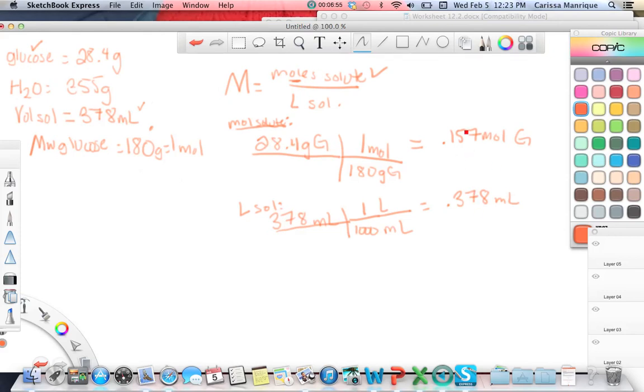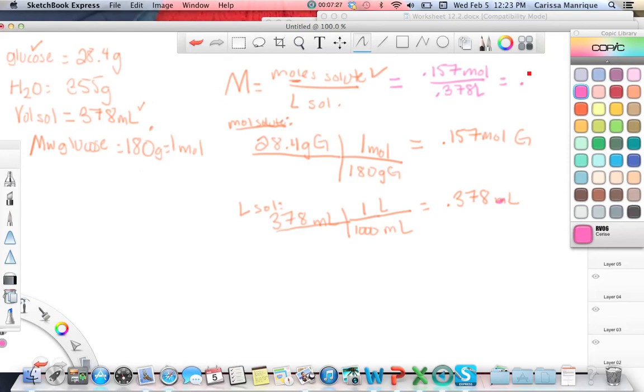Now let's divide these like it has in the formula to get molarity. We use a different color. And I'm going to actually do it up here. Okay, so moles, we have 0.157 moles. And we have 0.378 liters. Oh, this is not milliliters, sorry. Liters, I just realized that. Okay, and when you divide that out, you should get